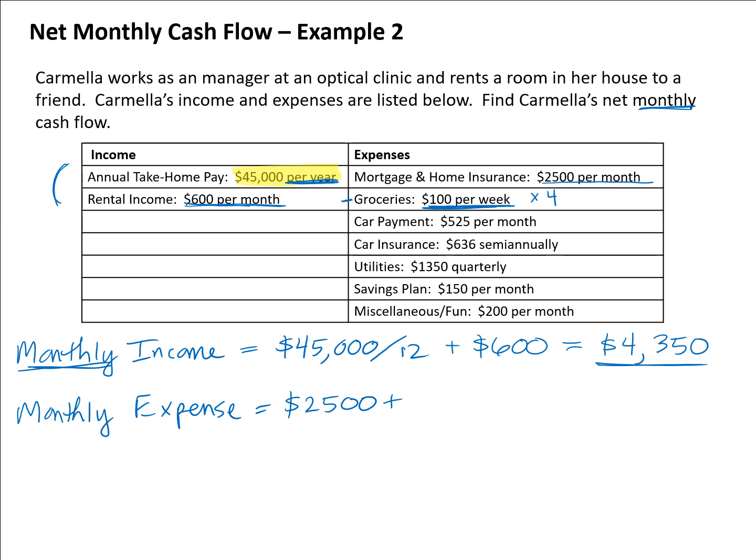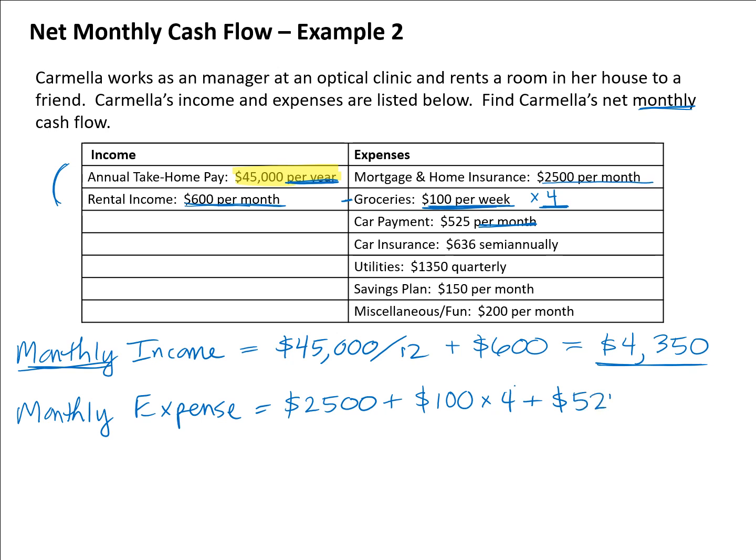One thing I want to note, though, is if you were taking this out over the course of an entire year, you'd probably want to multiply by 52 weeks because there are 52 weeks in a year. In a month, there's approximately 4, but it can actually be a little bit more than 4 if you're in any month other than February. But I think 4 for our purposes here is probably close enough. And this is also consistent with what your homework is going to have you do in MyOpenMath. So we're going to take 100 multiplied by 4 to convert that weekly amount to a monthly amount. Her car payment is given per month, so we can put that in directly,